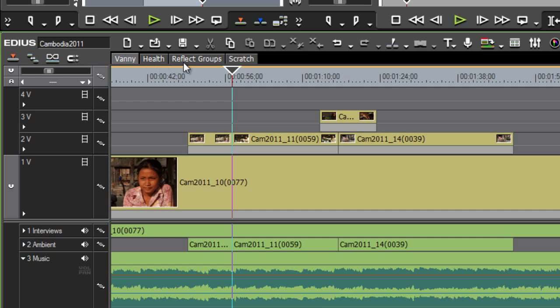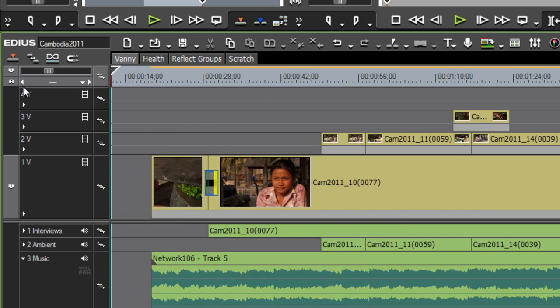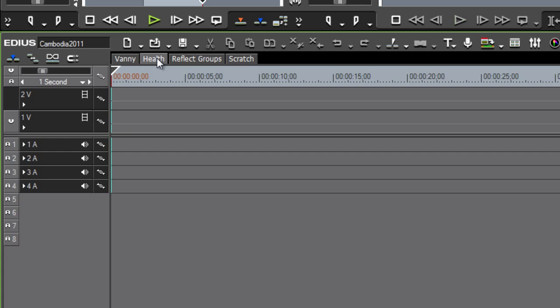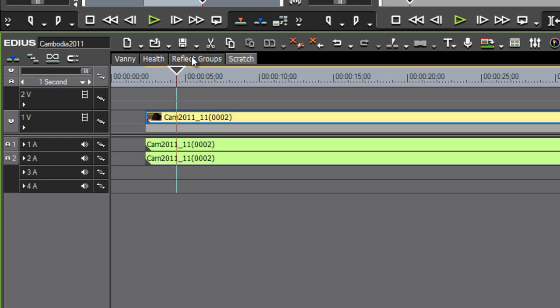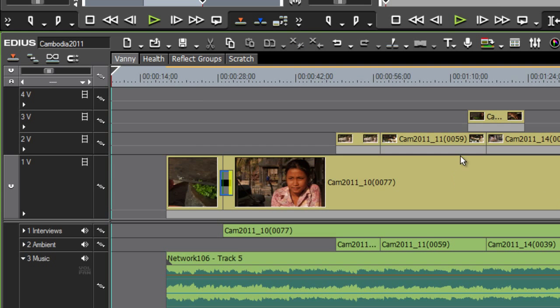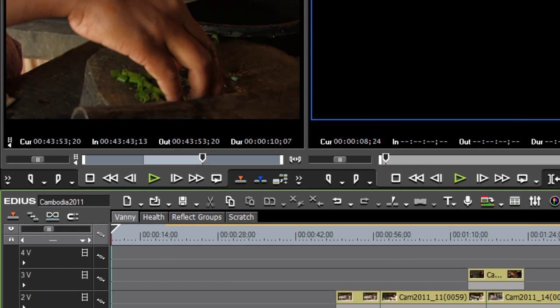You may have noticed that we have more than one sequence going here. We have one called Vani, one called Health. We don't have any material in it yet, but we've set up some sequences here. And if you want to add a new sequence to your project, you can do it from the drop-down menu